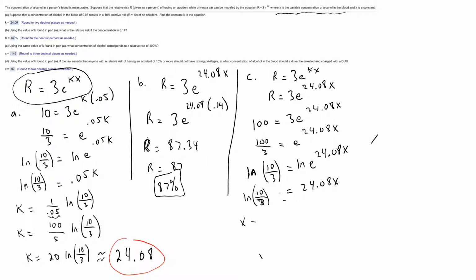And finally, divide by 24.08. So natural log of 10 over 3 divided by 24.08 is the answer. That's the exact answer. But they want me to round to 3 decimal places. So I'm going to pick up my calculator and type in natural log of 10 divided by 3, then close the parenthesis and divide by 24.08. And I see that x is